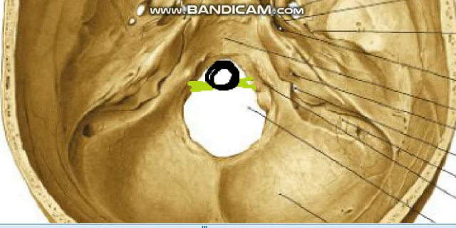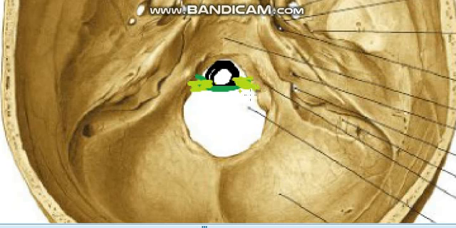Not only that, you also have the transverse ligament of the atlas, which is holding the axis in position. So the odontoid process of the axis, the tip may be visible and may protrude slightly through the foramen magnum. On the odontoid process of the axis, you have the alar ligaments attached to the condylar process of the condyles of the occipital bone.